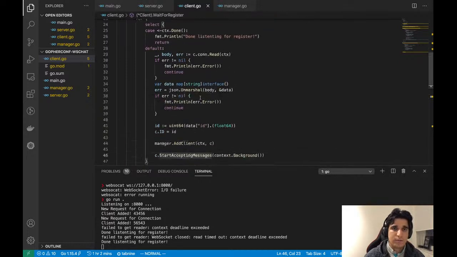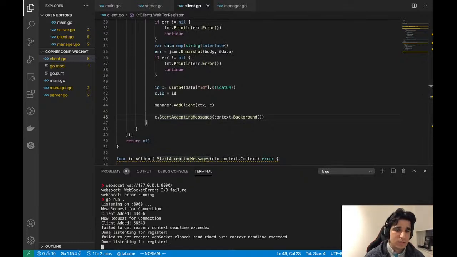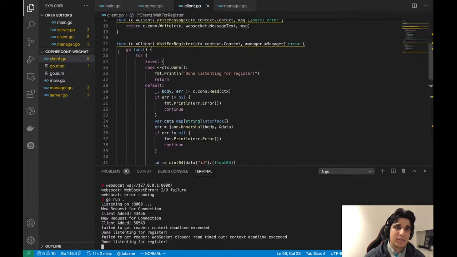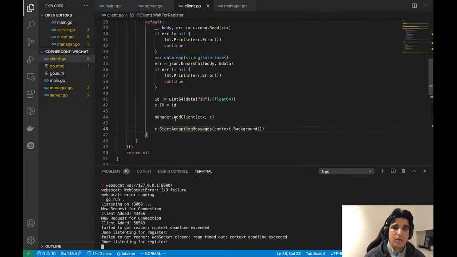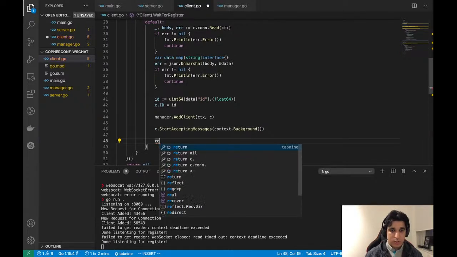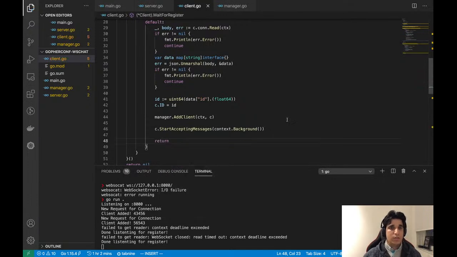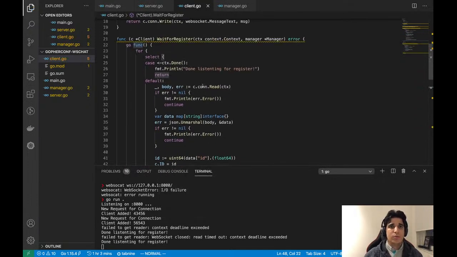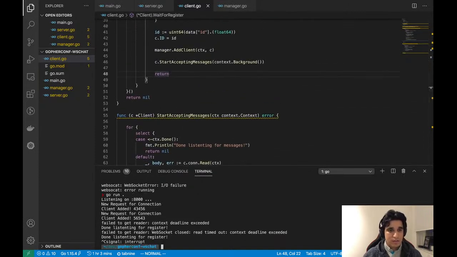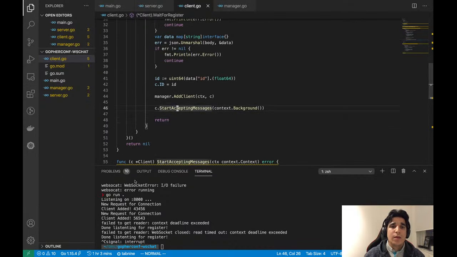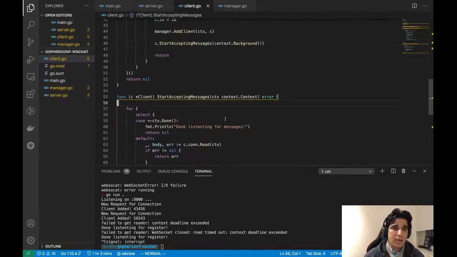Okay. See this message? Done listening for register. Is because we don't handle this for loop. It's just going to continue again and run forever. So basically, when we are doing this here, we are just going to return and exit this loop so that this function is done. Okay. Right here now,